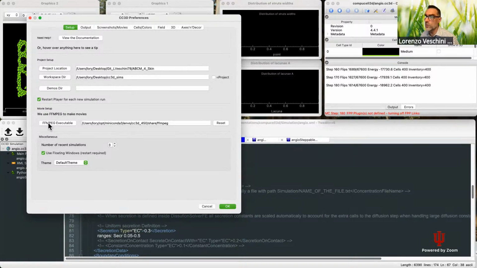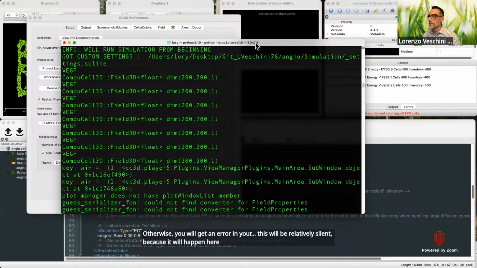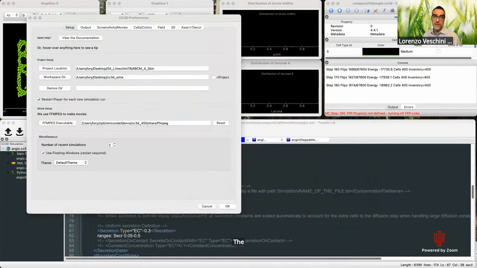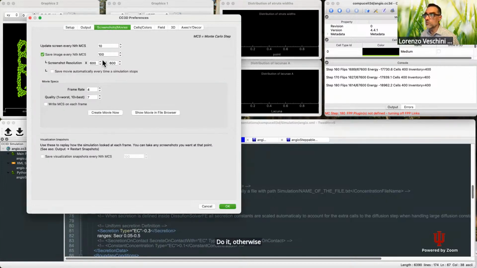So if you want to export movies, you have to make sure that this is well set. Otherwise, you will get an error. It will be relatively silent because it will happen here in the terminal. It's not silent, it will happen, and you will see clearly if you look at your terminal, but if this is not set properly, you will have to do it, otherwise you won't have the chance to